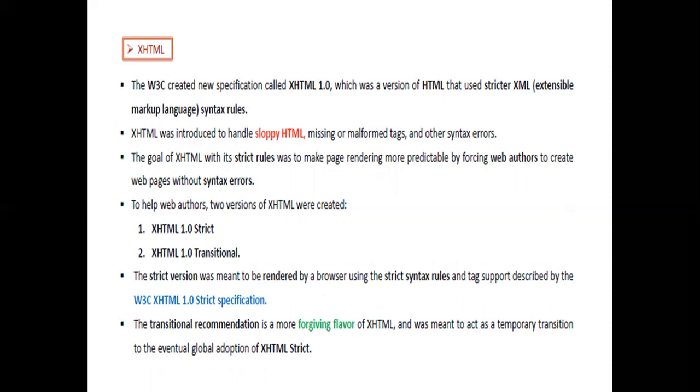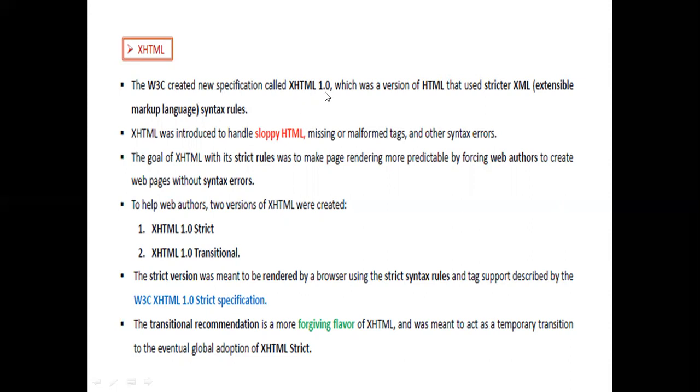First, XHTML. These tag structures, and how to write a tag, and the meaning of that tag, are defined by one group of people that we call W3C, the World Wide Web Consortium. W3 means three W's. The World Wide Web Consortium created a new specification. This HTML was also introduced and is maintained by W3C.